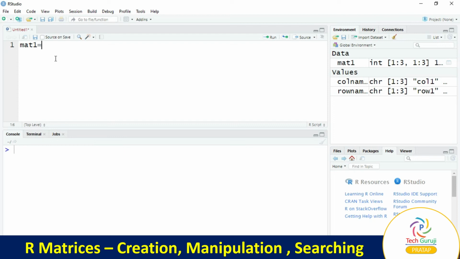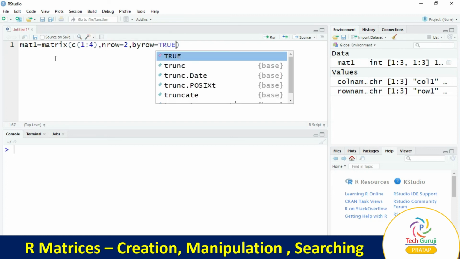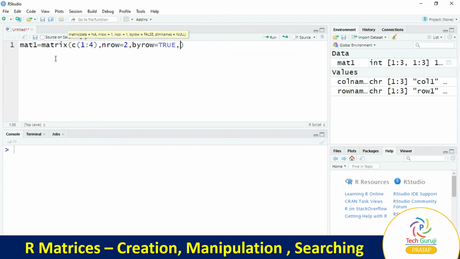We'll take a function called matrix. Within that we take elements 1 to 4, comma, nrow equal to 2, byrow equal to TRUE. We will not give the dimnames.